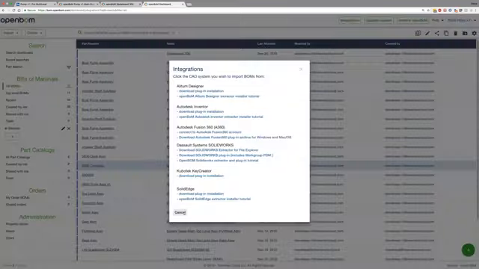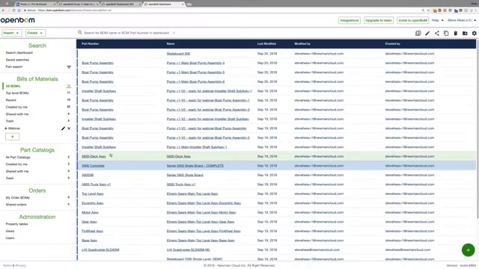Yeah, so the next question that we got, can assembly labor cost hours be added? Yes, OpenBOM is fully flexible, so you can add any property, and you can actually define labor as an item in a catalog and add it to the bill of materials. So there is a lot of flexibility in how you can do it, and we would be happy to discuss it. And the next question that we have is, is the integration capability available in the free-to-use version?